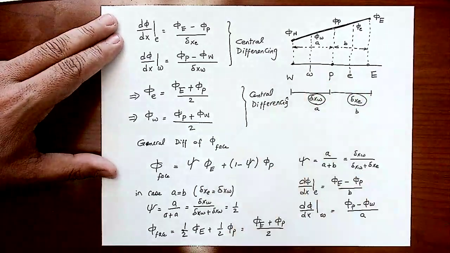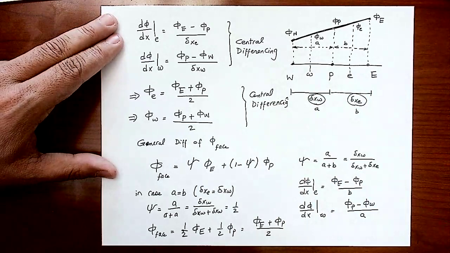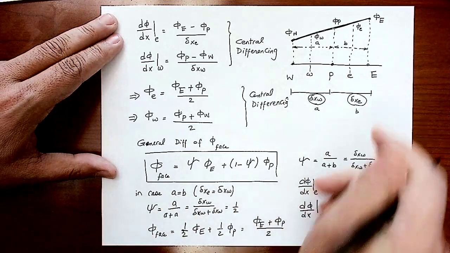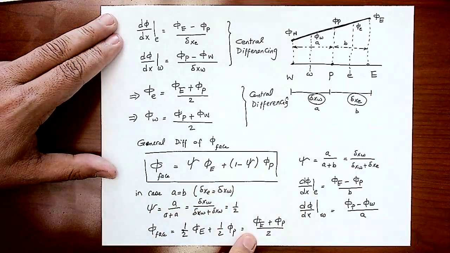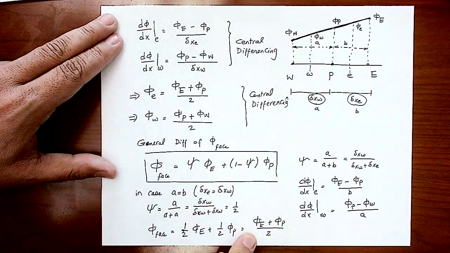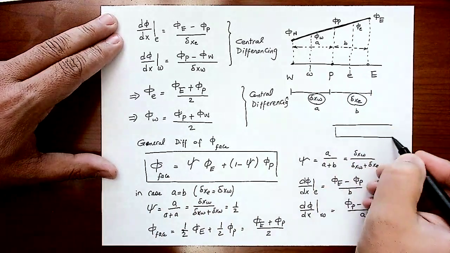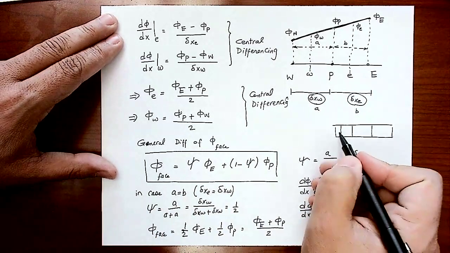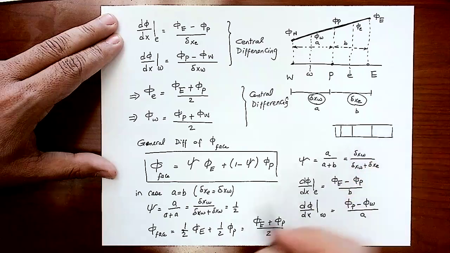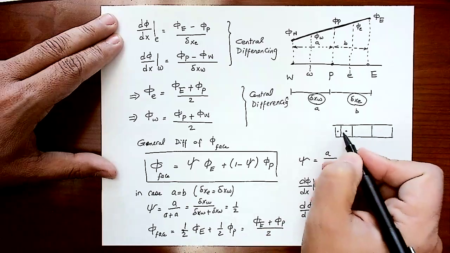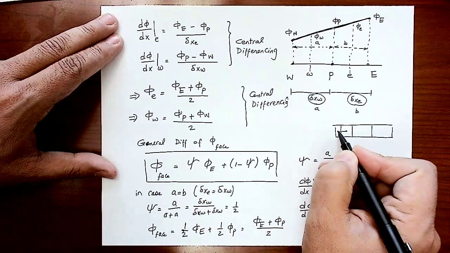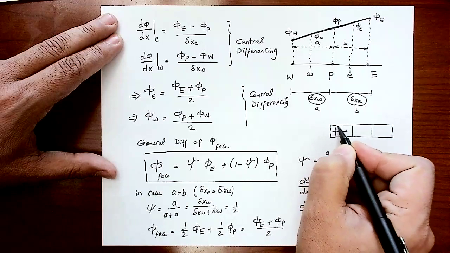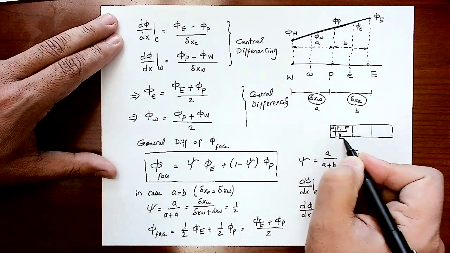If these distances are not equal, you have to calculate the value of psi based on these distances. So if your grid is not equal, if your grid is stretched somewhere, let's assume that you have a solid bar and you decided to have these cells like this. This is a smaller cell, a little bit bigger, maybe these are equal. So when you deal with these two points here, let's assume that we have a smaller one here too. So if this is your P, this is your east, this is your west,